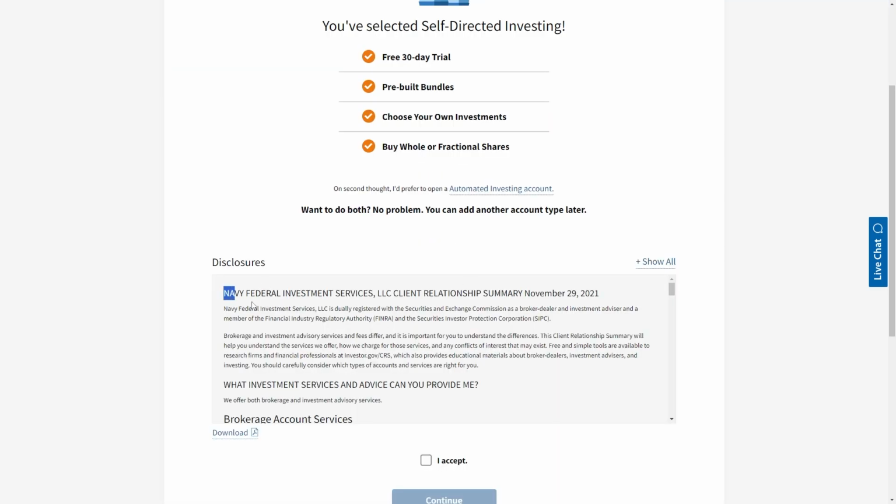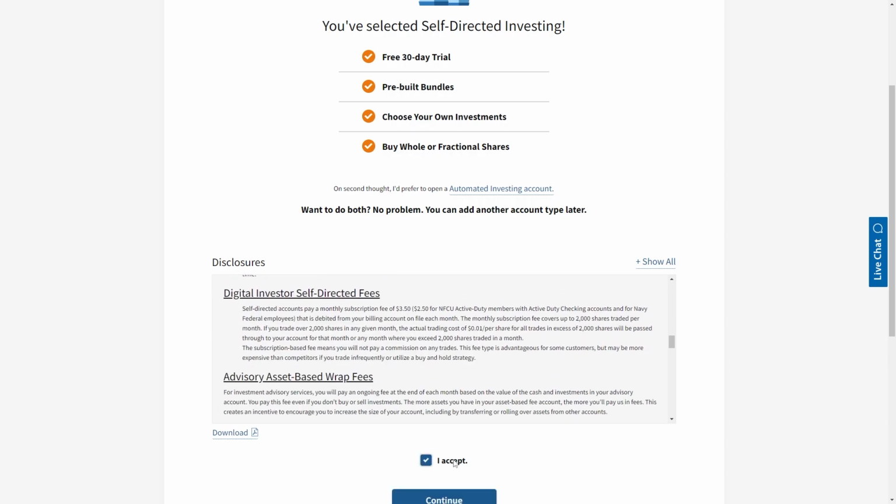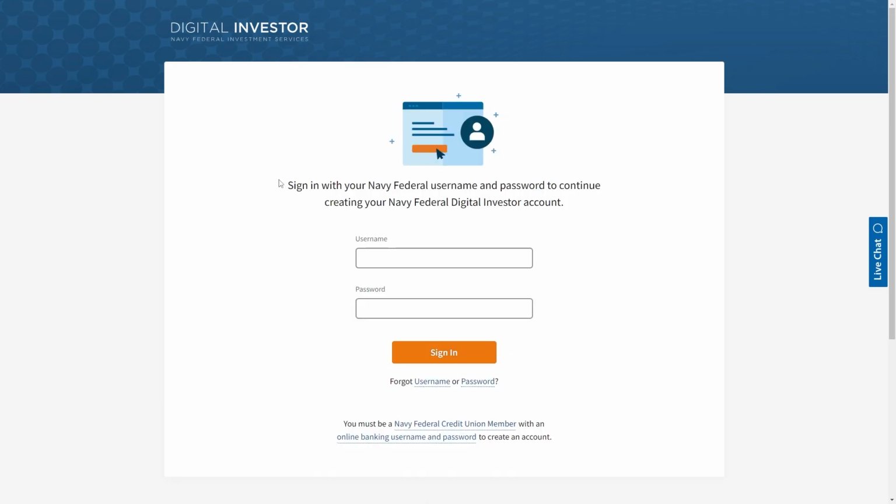So you first need to read through this disclosure. And once you've read through it all and you understand it, you can go ahead and accept it and then click Continue. From there, you will need to sign in with your Navy Federal username and password. So this means that you first must actually be a Navy Federal Credit Union member before you sign up. If you're not, I would first recommend that you go and sign up as a credit union member, or unfortunately